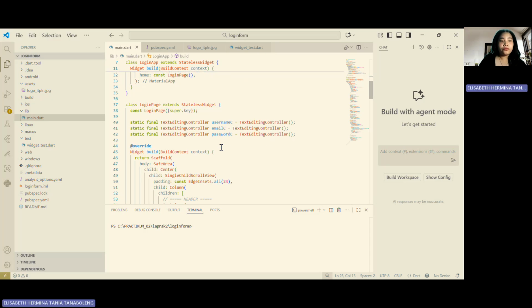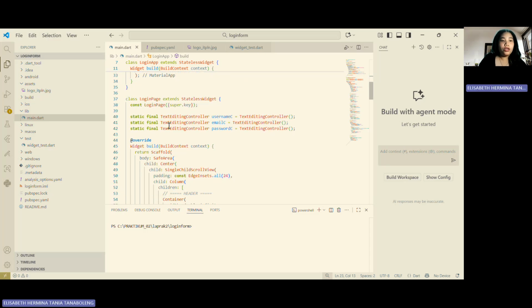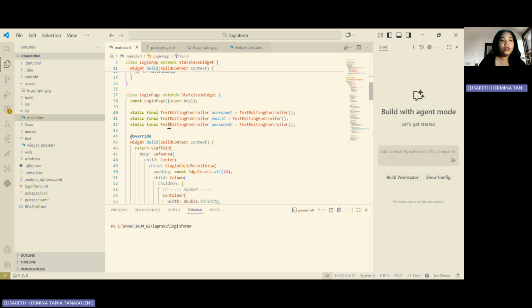Okay, next feature. The application's main page is defined by the LoginPage widget. This class is also a stateless widget, meaning its appearance remains unchanged during execution.